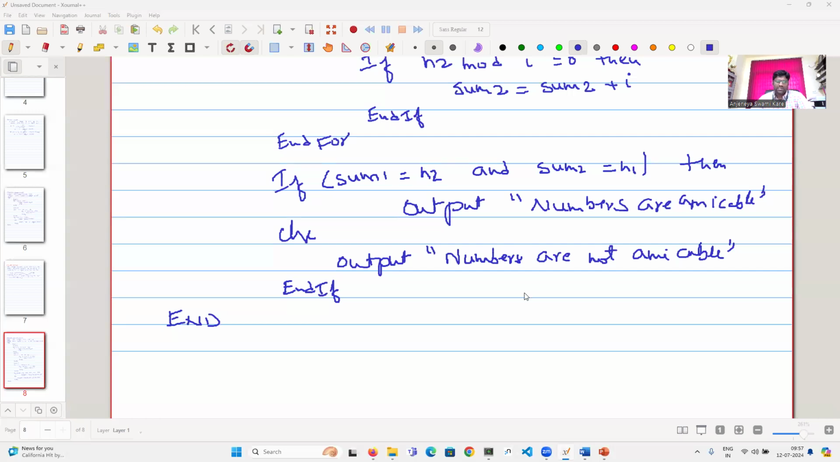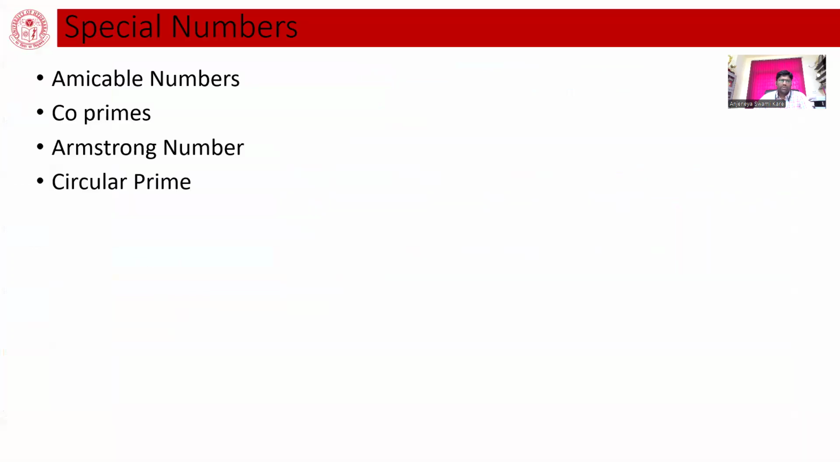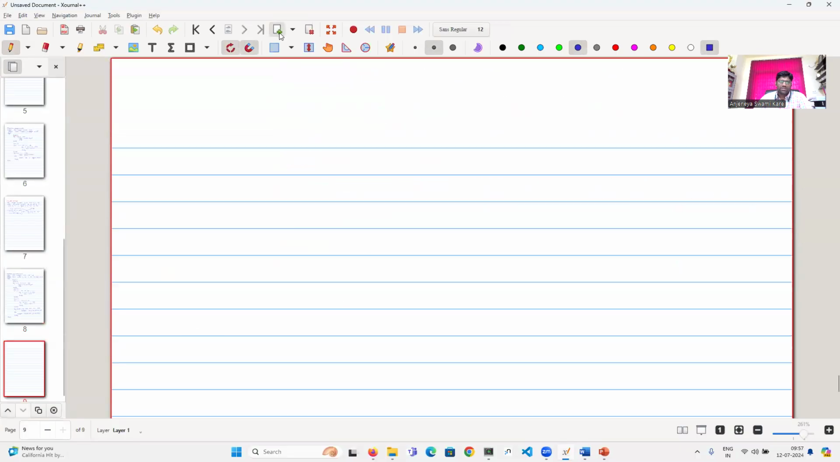Let us continue the discussion. Let's see what is our next problem. So coprimes. Okay, next problem is coprimes. Two numbers